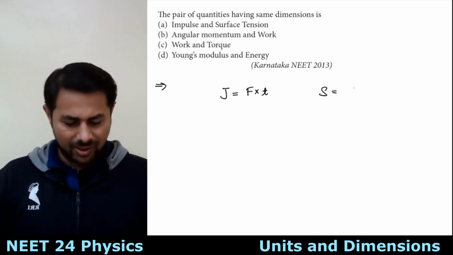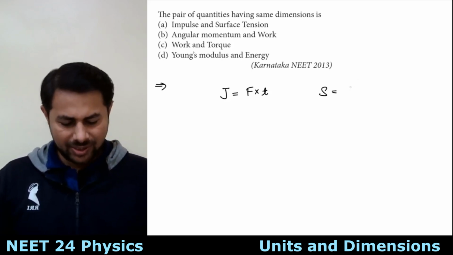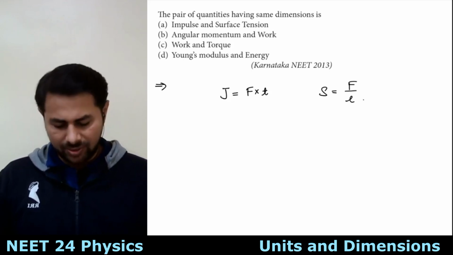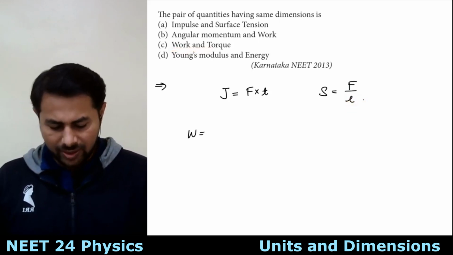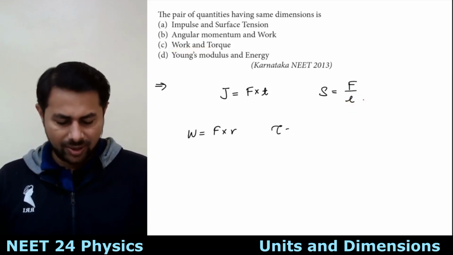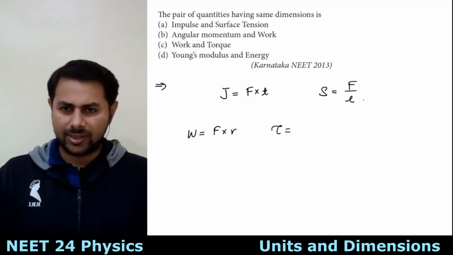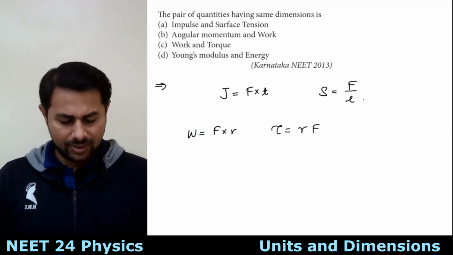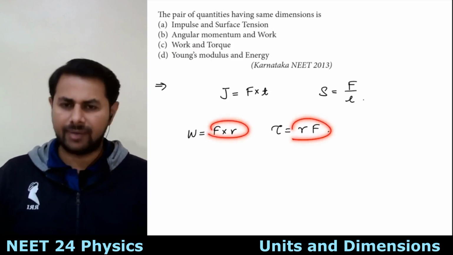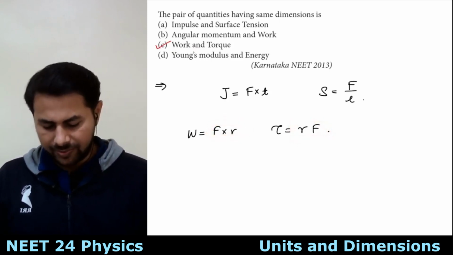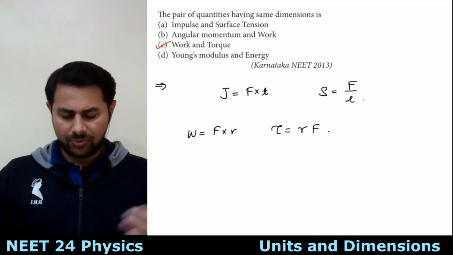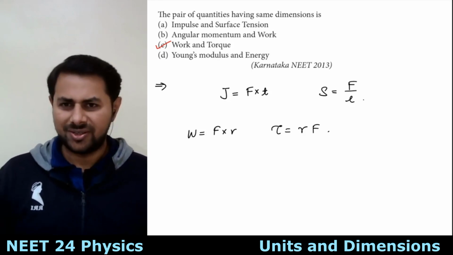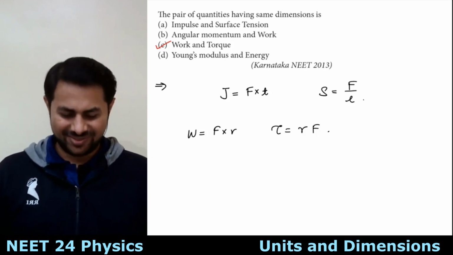Let's check. So surface tension is force per unit length. So obviously they don't match. Divashivani is saying it's option C. Let's check whether it's correct. Work done is force into displacement, and torque is perpendicular distance multiplied by force. So yes, dimensionally they are same. That is correct. Very good. Okay, this was very simple question. If we know formally, it's very simple. If we don't know, it's very difficult, right? We can't do anything.